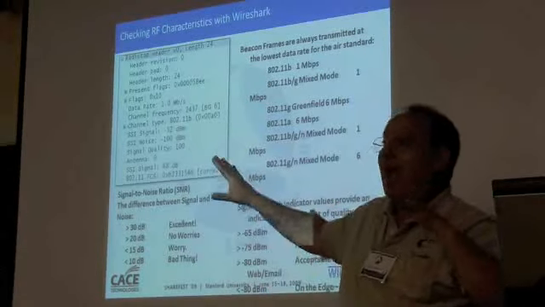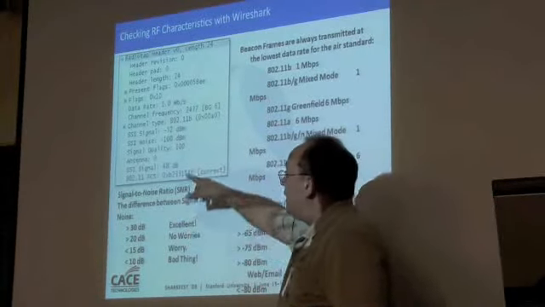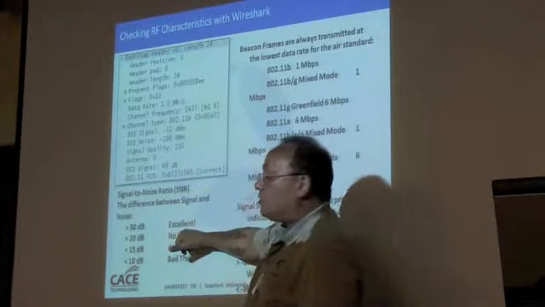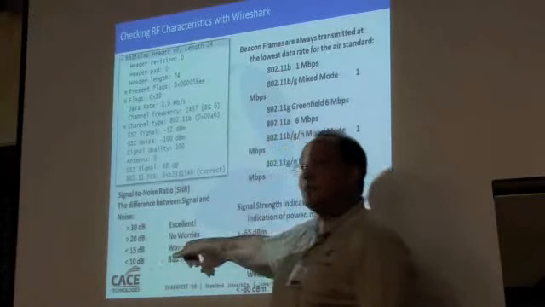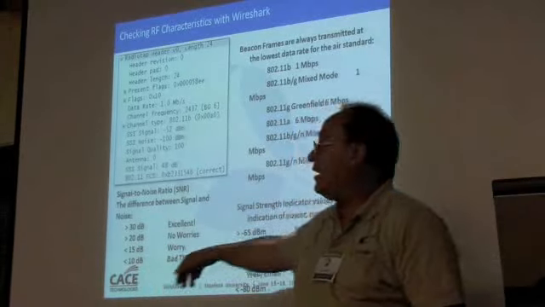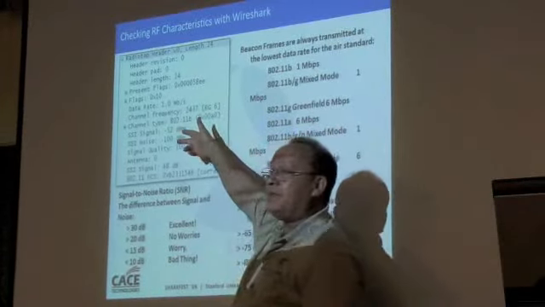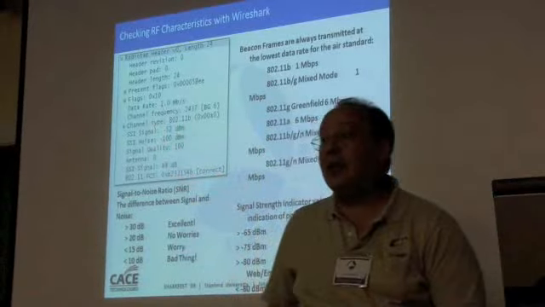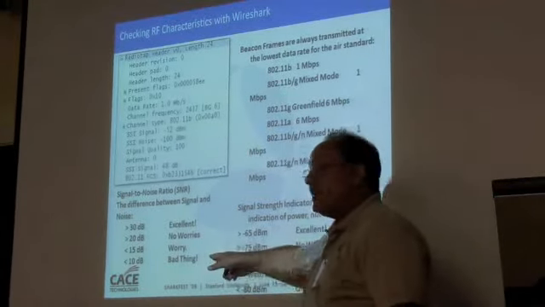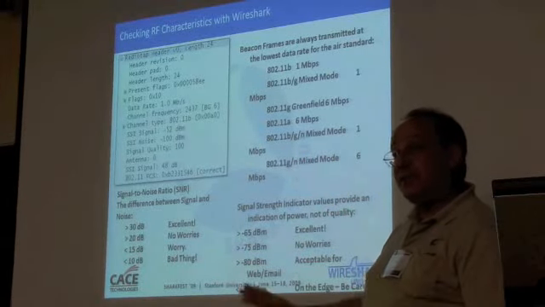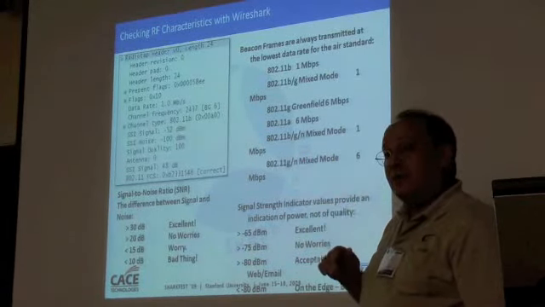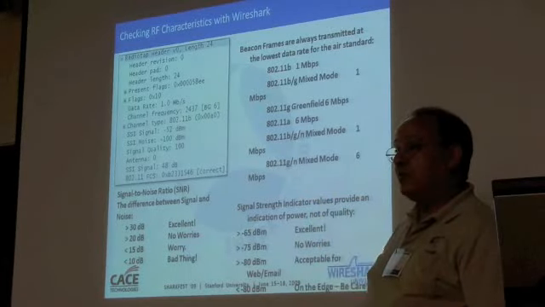But for Wi-Fi, as soon as the noise and the signal get within 20 dB of each other, I start having concerns. If I'm less than 15 dB signal to noise, these two numbers are less than 15 dB apart, you're going to have a problem. And if it's less than 10, you're going to have to fix something. It's not going to work for you. Less than 15, you might get away with it. Less than 10, you won't get away with it.